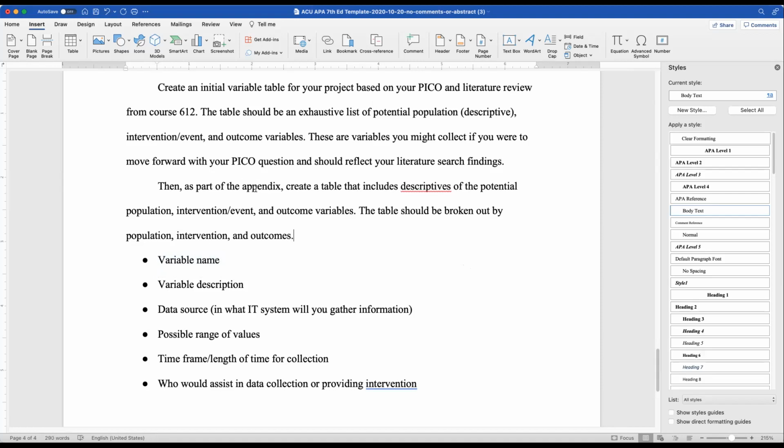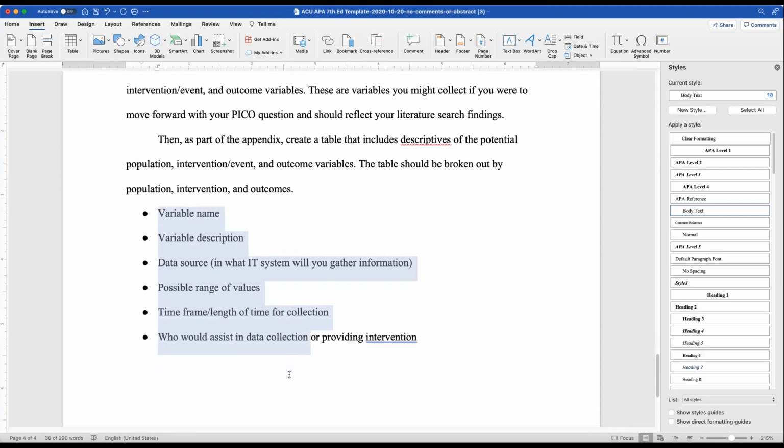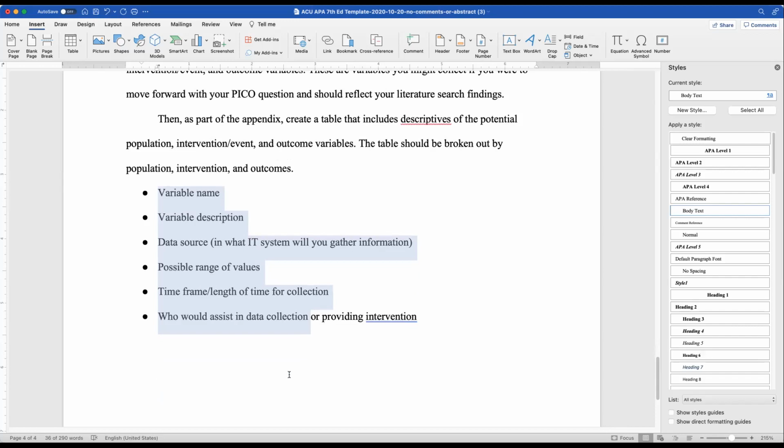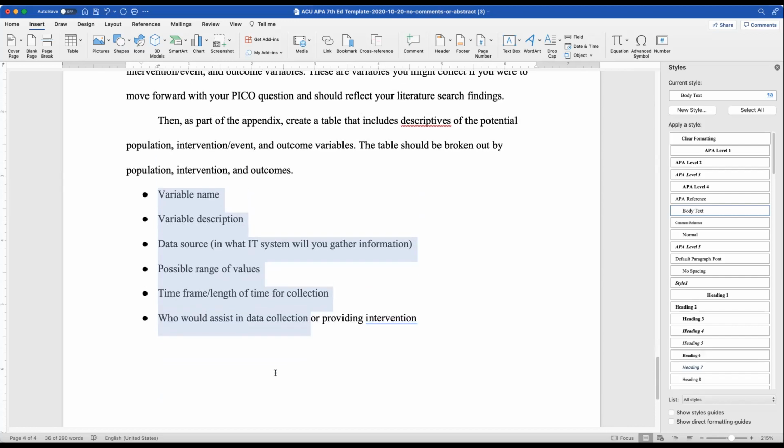And we are going to also need to have some columns for these. So let's just start out with the assumption that we are going to want 1 column for each of these. So that's 6 bullets. So let's start out with our column. I'm going to use the table tool. So insert on the ribbon, table, and then I can just use this and say, okay, we want to have 6 columns